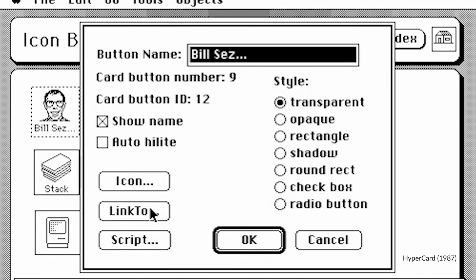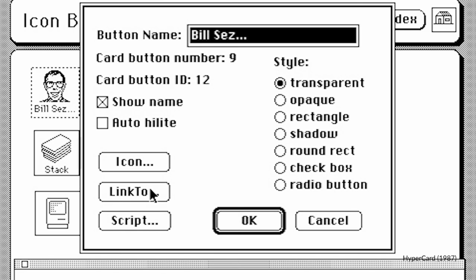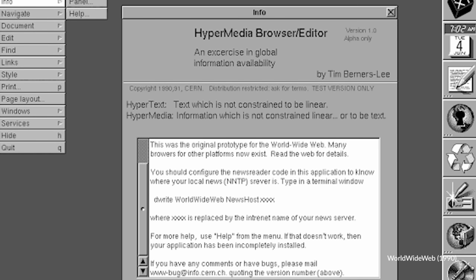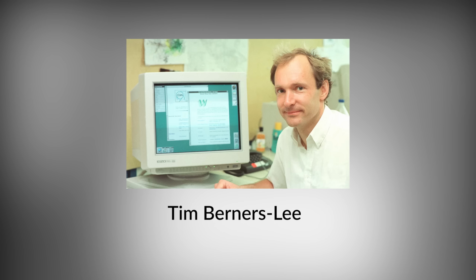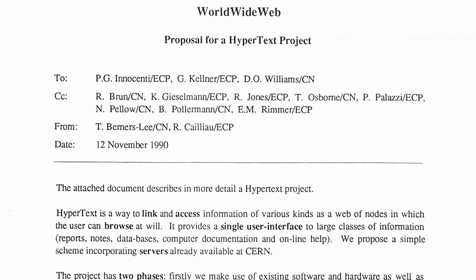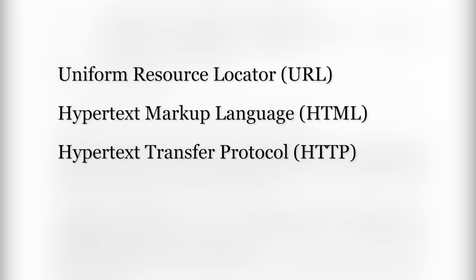Those paradigms would continue with varying inspirations in 1987 with the HyperCard by Apple for Macintosh, as well as in 1990 with the iconic World Wide Web, the first ever web browser created by Tim Berners-Lee while at CERN. By the way, World Wide Web was a browser, not the actual World Wide Web. Although he did also create that too, along with URLs, HTML, and HTTP.